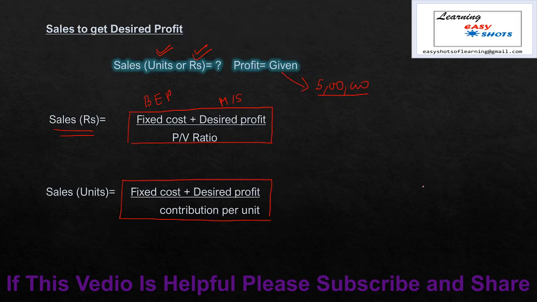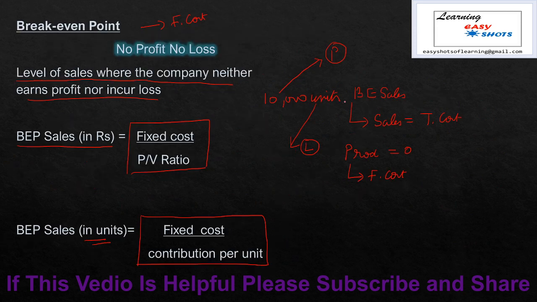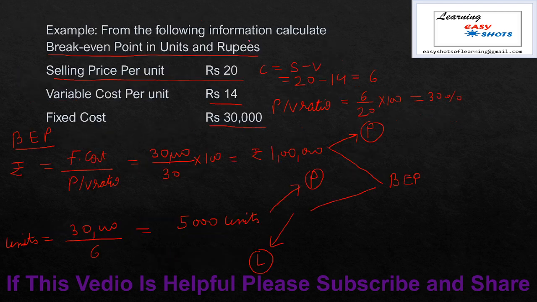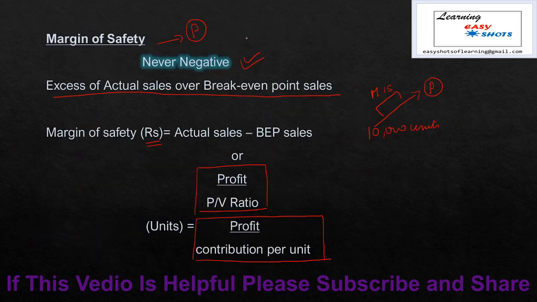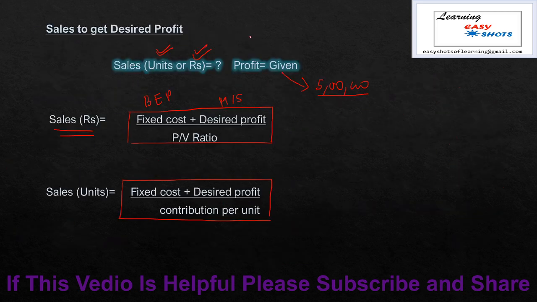Now in this video, first we learned about break-even point. Break-even point is the level of sales where the firm earns neither profit nor loss. Secondly, margin of safety. The difference between the break-even sales and the actual sales is known as margin of safety. And lastly, if the profit is given in the question, how we calculate sales in units and in rupees. Now my next video is related with profit volume ratio, how the profit volume ratio is calculated in